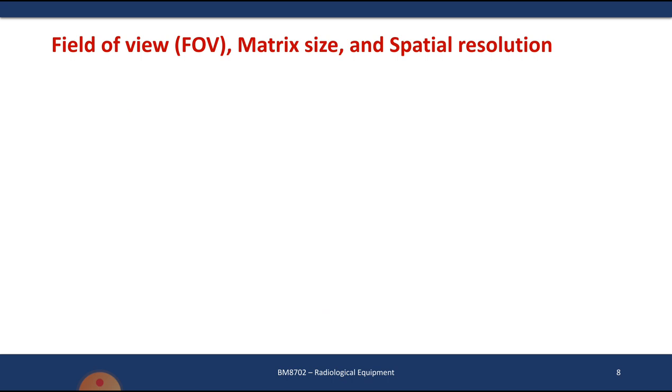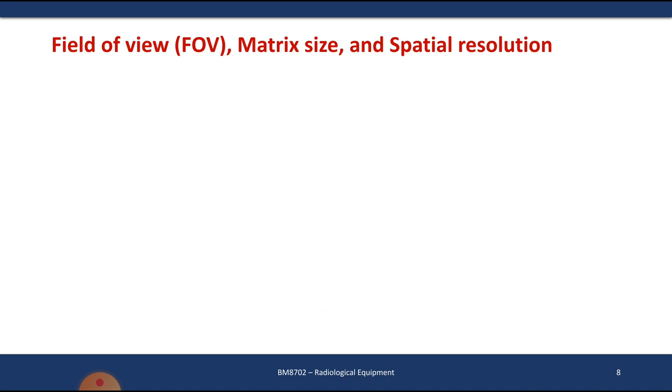Matrix size is basically the size of your image, which we usually set. If you want a high resolution image, you set the pixel values accordingly. If you want a medium resolution, then you set the image size accordingly. The images we obtain from medical imaging systems follow the DICOM standard and PACS, right? In the DICOM standard you will have different pixel resolutions for your image. Those images will be very large in size, and storage will be very heavy. Storage will be required for saving all those images. So that is one thing.